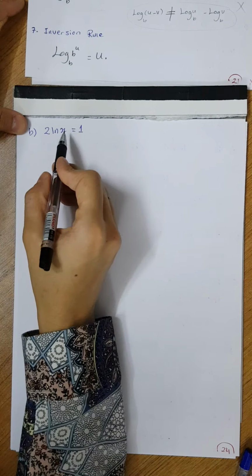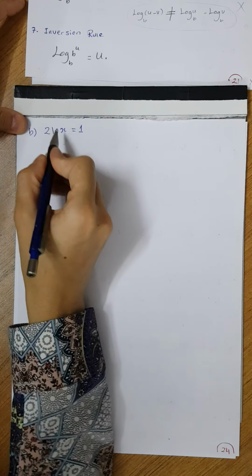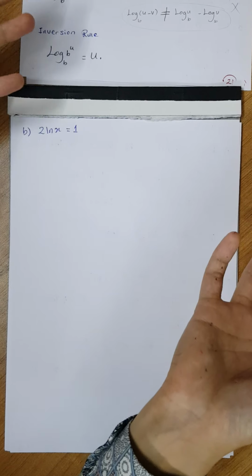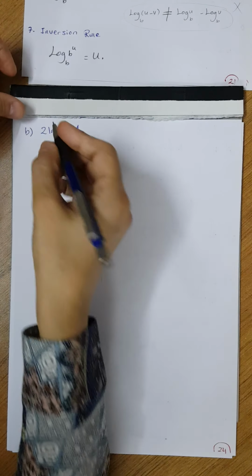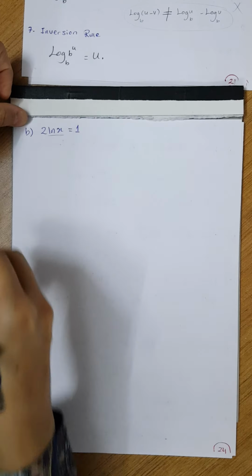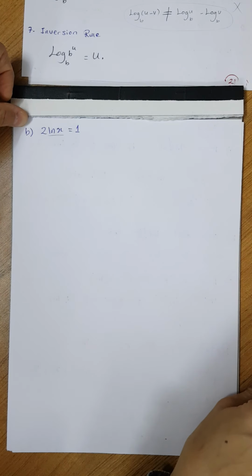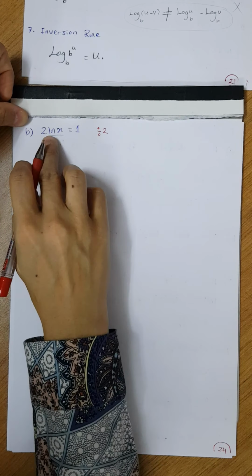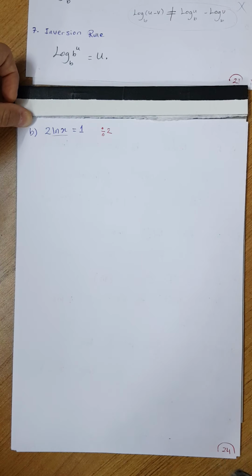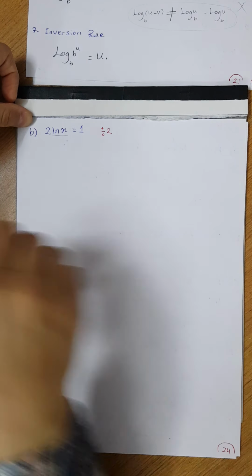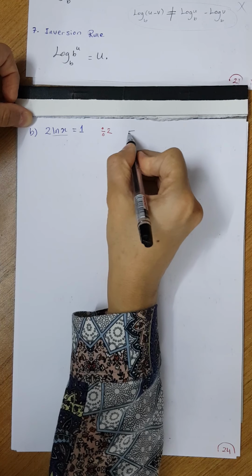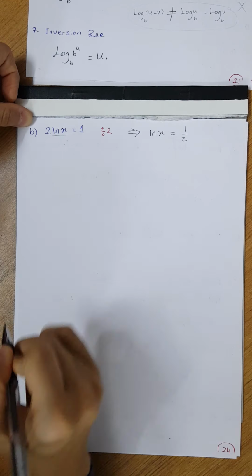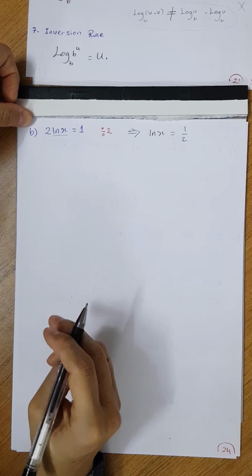Okay, now if you look at this one, I have got ln. To take the exponential function, or to write the equation that I have got with the base of e, I have to leave that ln alone. Then I can write it with the base of e. How can I leave that ln alone? I have to divide both sides by 2, to get rid of that 2 and leave ln alone, so that I will write the equation with the base of e. Okay, so if I divide both of the sides, what will I get? I will get that ln of x is equal to 1 over 2.